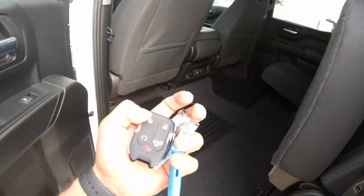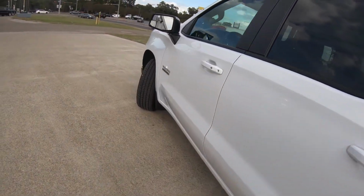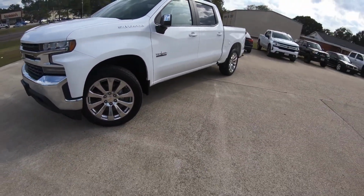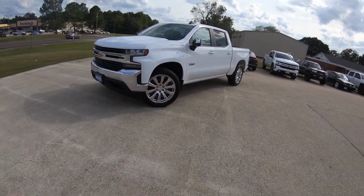So again, just wanted to do a quick video on how to utilize your key fob. That's on most of your GM products, Buick, Chevrolet, Cadillac, and so if you have any questions about this vehicle